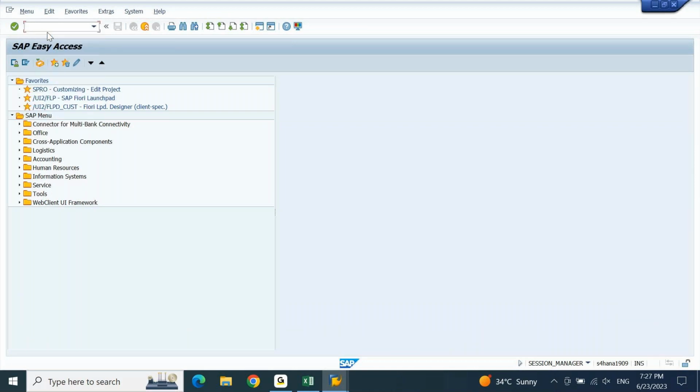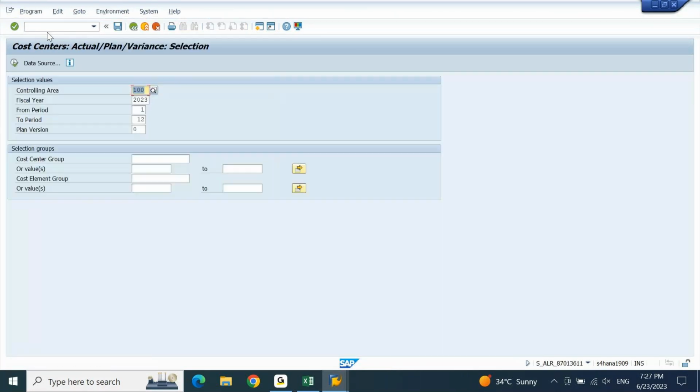It's not there. S underscore ALR underscore 8701361. S underscore ALR underscore 8701361. In this, first we need to put our controlling area DEGR, year 2023, period number 6 to 6,